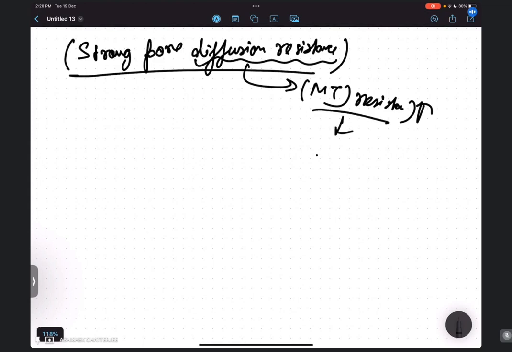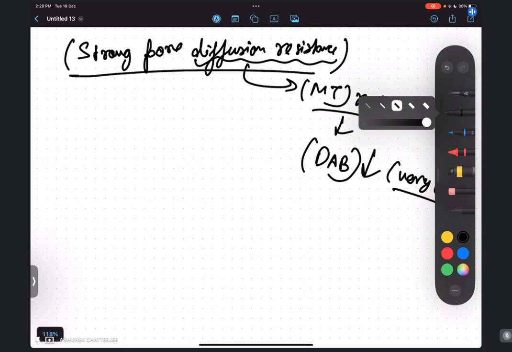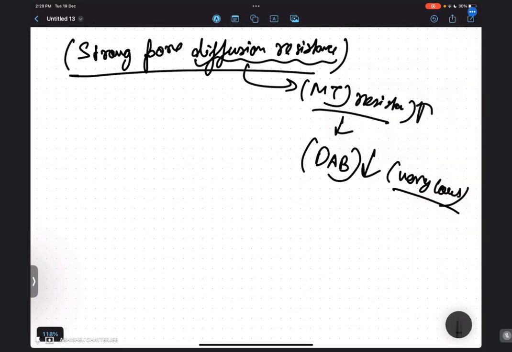Mass transfer resistance is high means your DAB value is very low, isn't it? Please understand. कुछ देख के उतना डरना नहीं है कि अरे स्ट्रॉन्ग पोर डिफ्यूजन रेजिस्टेंस लिख दिया अब क्या होगा, ये क्या हो गया, ऐसा कुछ नहीं है। स्ट्रॉन्ग पोर डिफ्यूजन रेजिस्टेंस है मतलब डिफ्यूजन रेजिस्टेंस इज हाई।